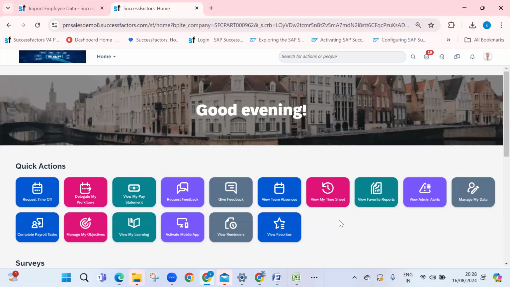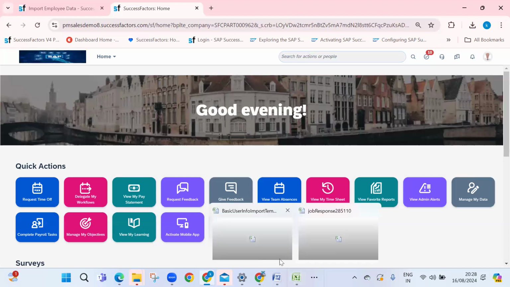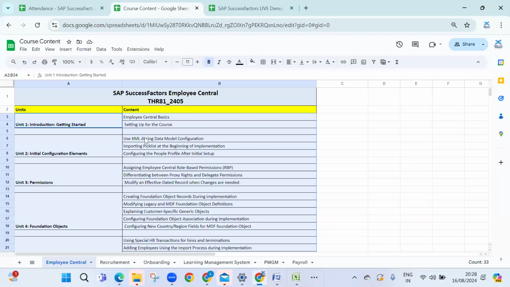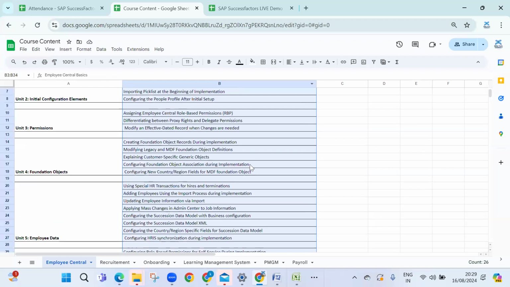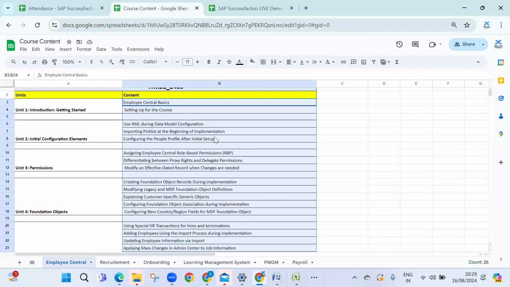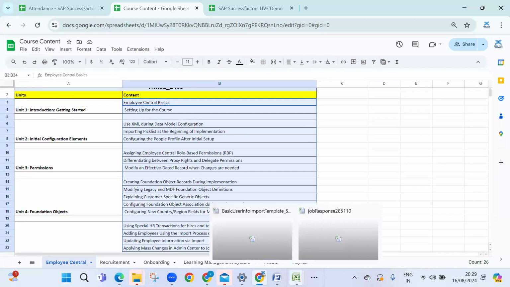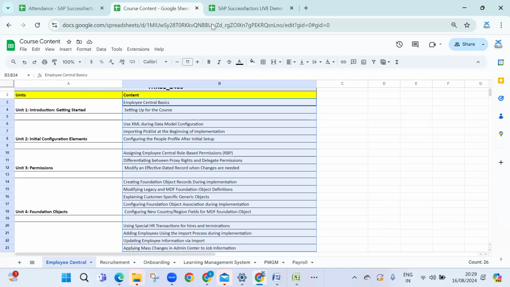Just now we have done configuration. How to add an employee is very small, but there are many configurations we have discussed in the course content. Everything is configuration, this is not testing. This is real-time configuration, what we will be doing as a consultant to make the process systematic. So this is the daily responsibility, to use these functions. Yes.